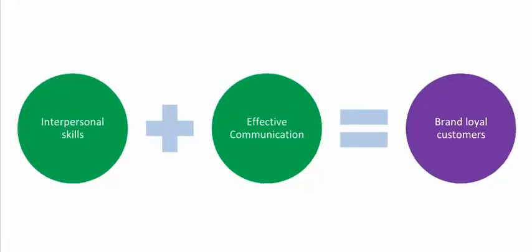The customer and customer service staff interface is an essential ingredient to building a base of brand loyal customers. A key ingredient of this interface is interpersonal skills and effective communication. Effective communication involves spoken and written text, as well as many other forms of communication. With regards to spoken and written text, it is important that the sales and customer service staff ensure the following are employed: